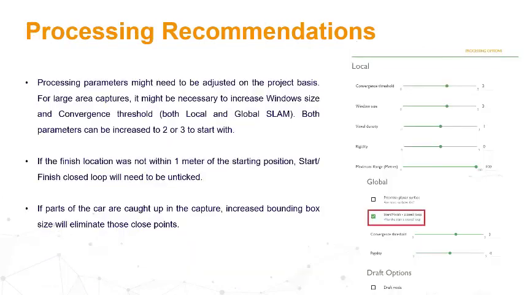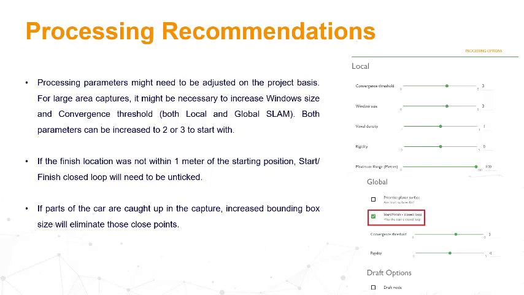We also recommend some processing parameters when you do your car survey, for example, to increase the convergence threshold or window size to 2 or 3. So as you know, our hub software has some default parameters which usually run your scan, but depending on the application, we recommend to change some parameters. So those are ones we would recommend to change for your car survey.